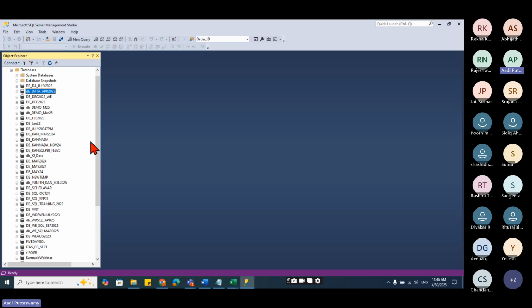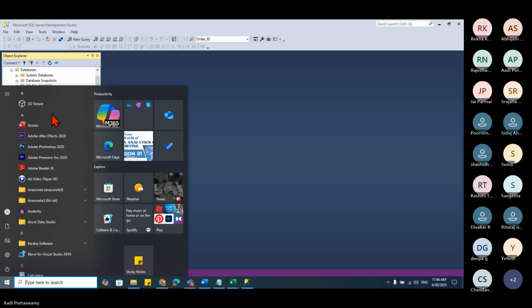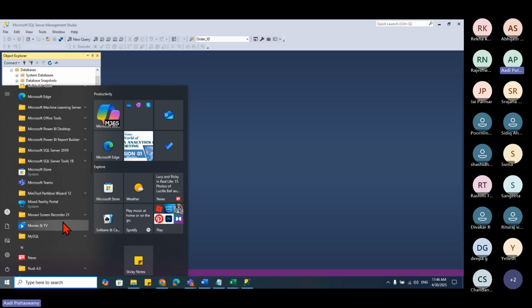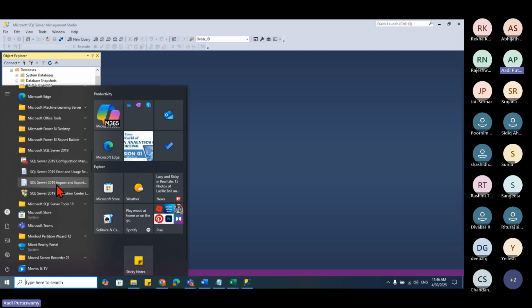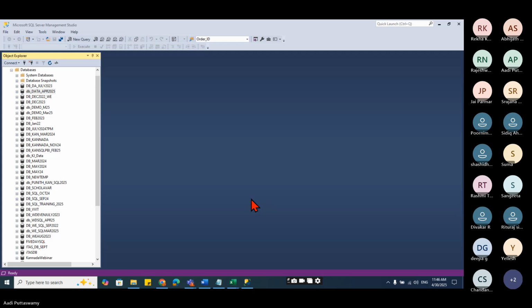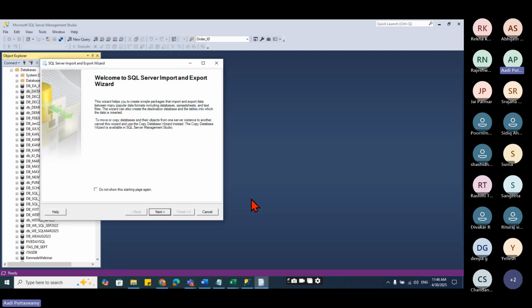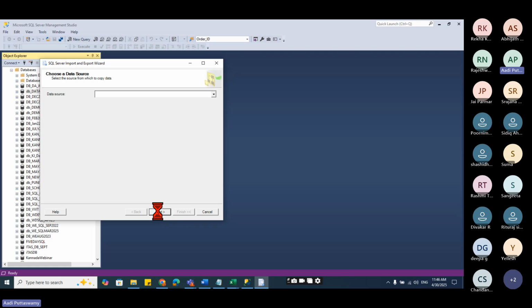How to import? Let me go here and I'll scroll down, and here I'll say import and export data. Okay, what I'm trying to do, I want to manage, say I want to check the data and something like that. So I'm just going here to import and export. I'm trying to import the data we just saw in that Excel.